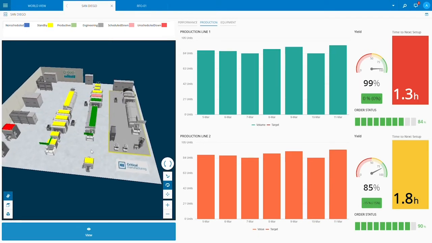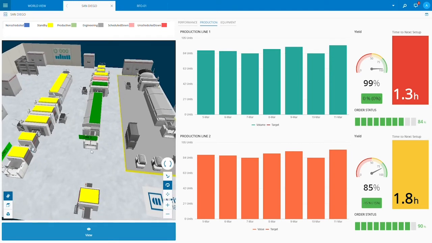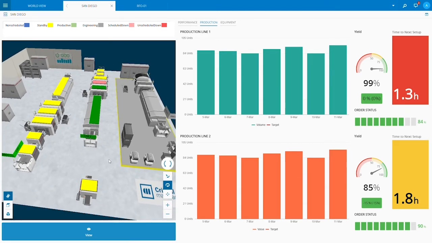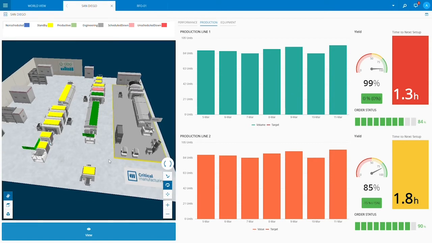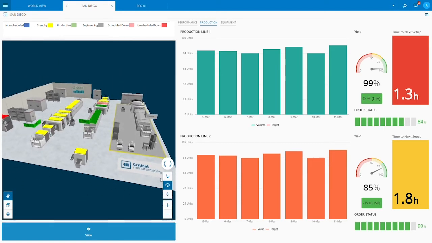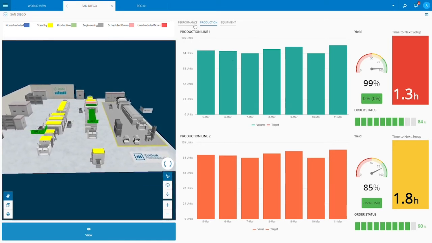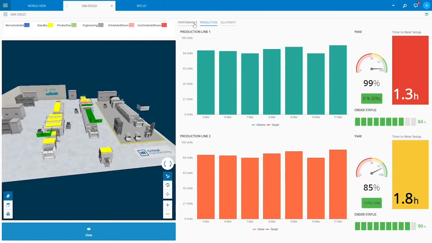Here, equipment in active production are colored green, and those on standby are colored yellow. But you can use the color scheme of your own choice for your facilities. This representation is possible due to the use of Critical Manufacturing Connect IoT, where virtually any equipment can be integrated with the MES. We can change to additional views by clicking on the tabs at the top of the KPI